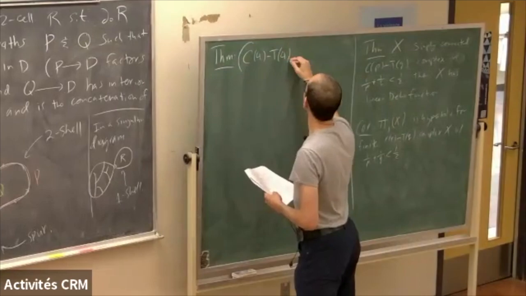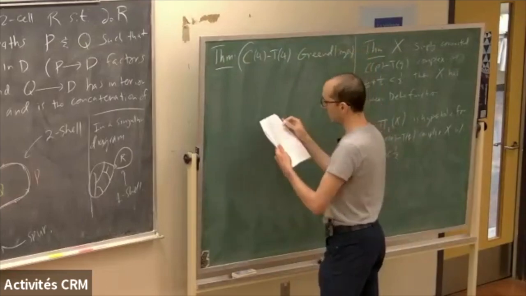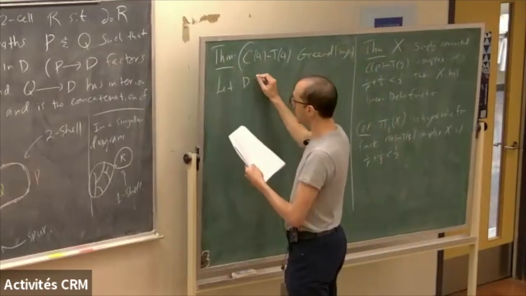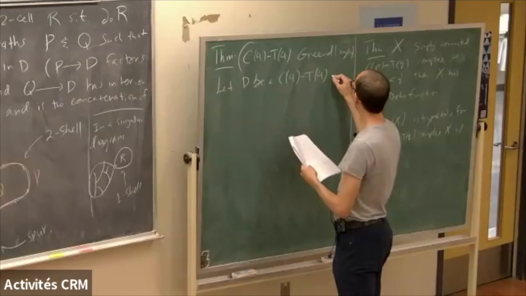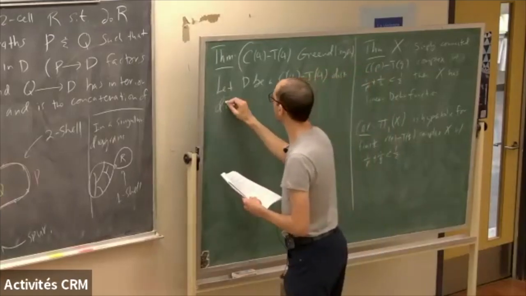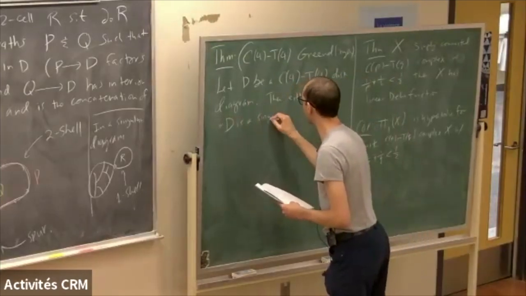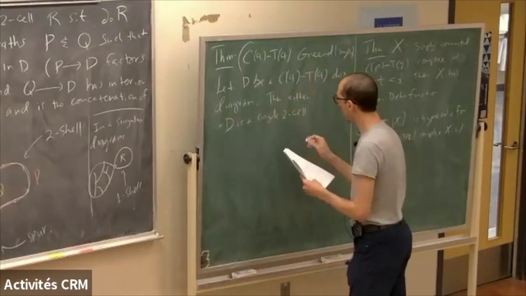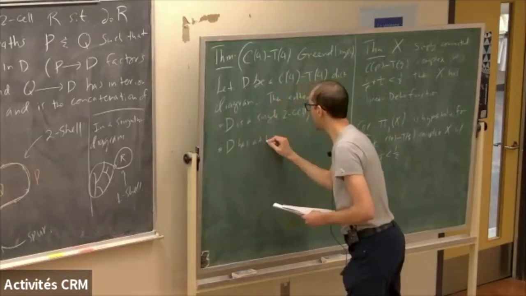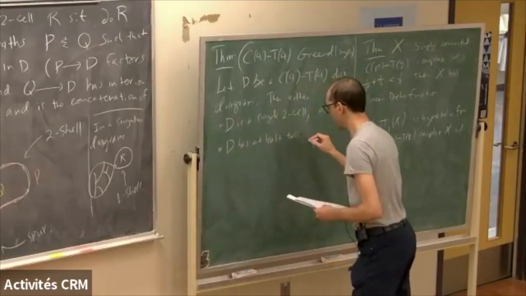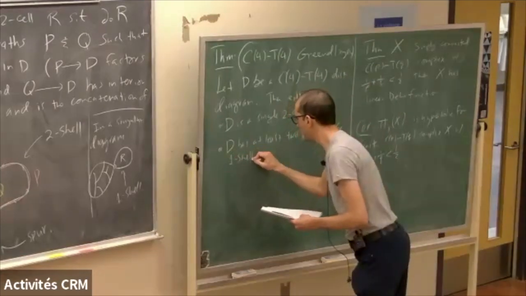C'(1/4)-T(4) Greendlinger. Let D be a C'(1/4)-T(4) diagram. D is a single 2-cell, or D has at least two spurs and/or one-shells,